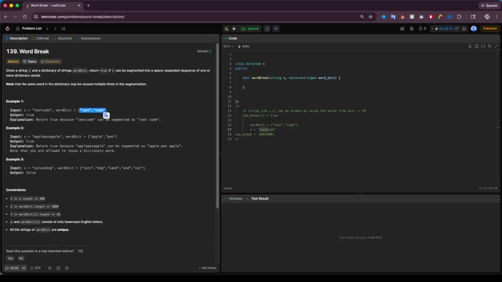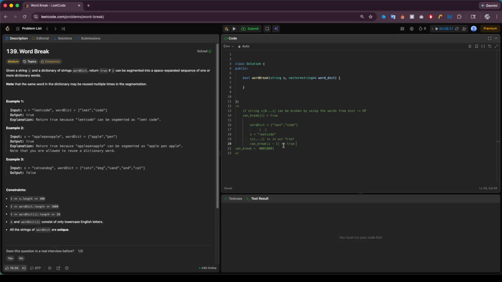What I'm gonna do is, for each length, I will start from i right here and from j right here, and check whether or not the string from s[i] to s[j] is in our trie data structure or not. If we can find this one, and we already have canBreak of i minus 1, and canBreak of i minus 1 is true,